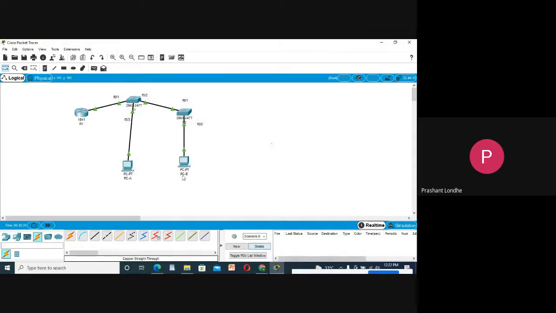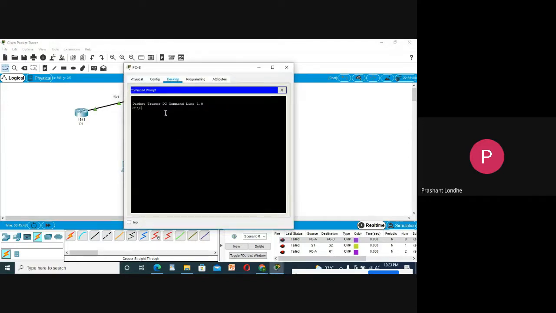Let me check for the packets again. No, it is coming as failed. Ping 192.168.30.1.